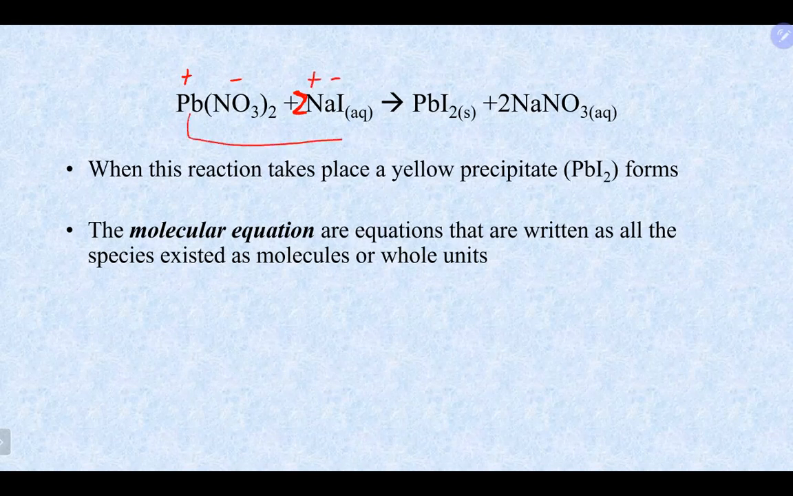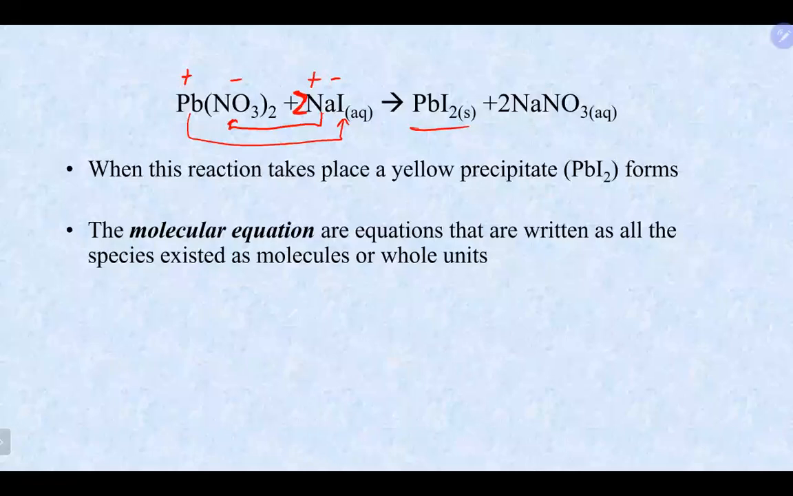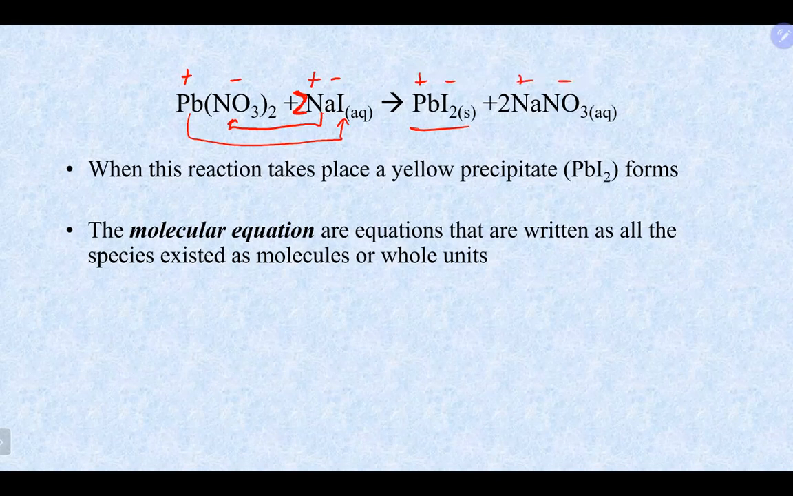So what happens is our lead switches partners and our sodium also switches partners here, making us lead 2 iodide, which we will make in a lab coming up. Nice yellow solid. And we get our sodium nitrate, once again, a positive negative. So again, a double displacement reaction here, and also a precipitation reaction because we did make a solid in this